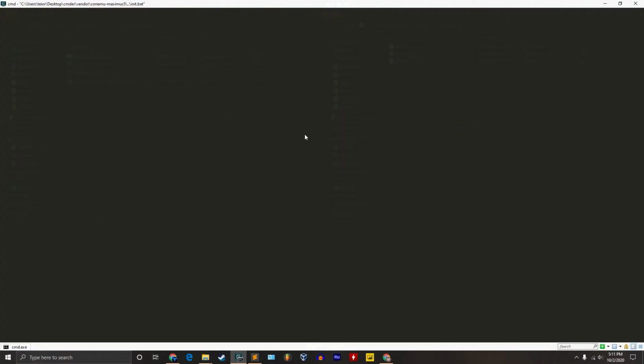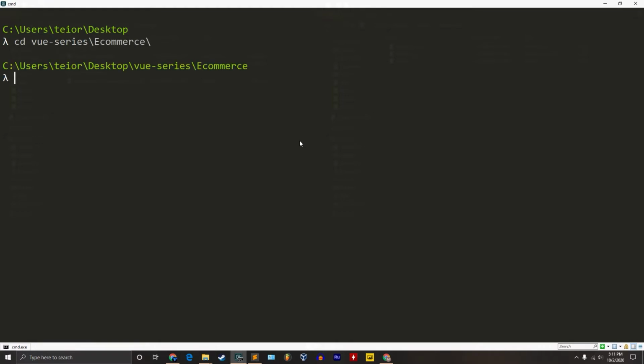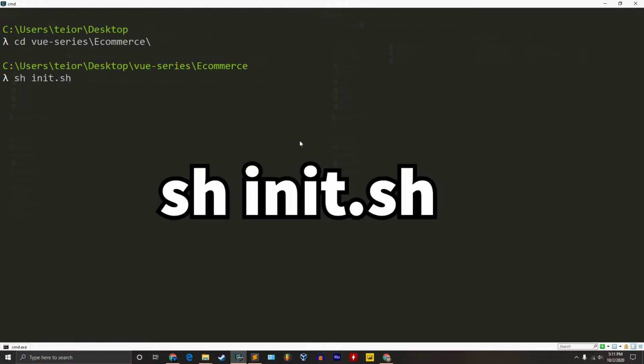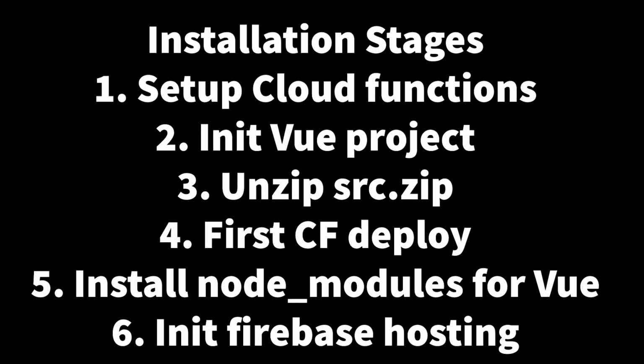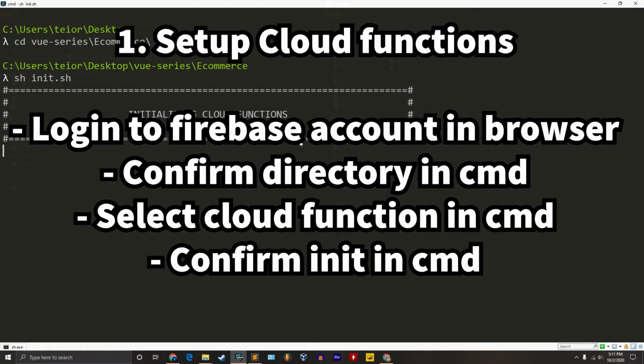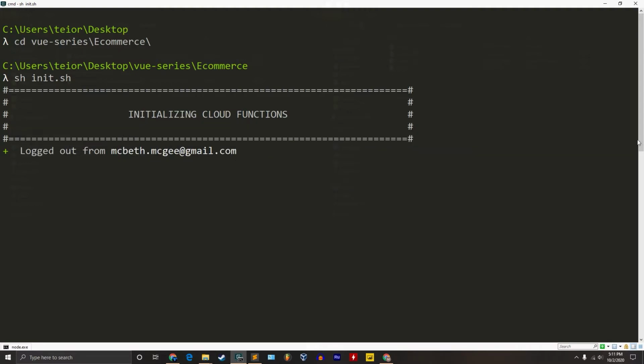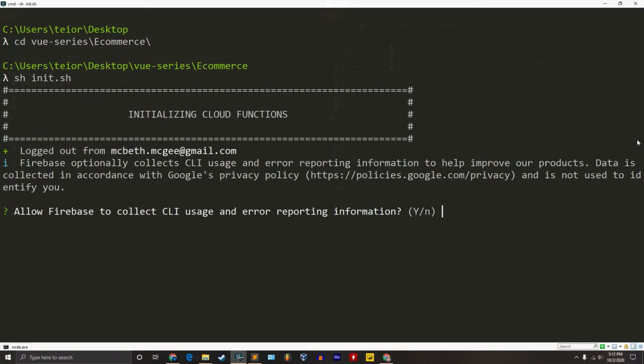Then, open up command prompt of your choice. For my case, I'm using Commander. Navigate to the folder where you place these 3 files, and run the bash script by typing sh space init.sh. The installation stages can be quite complicated, so let's take it slow. If you enable Cloud Functions or Firebase hosting, it will create saved folders and log you in to the Google account. Enter Y and you can log into your Google account in the